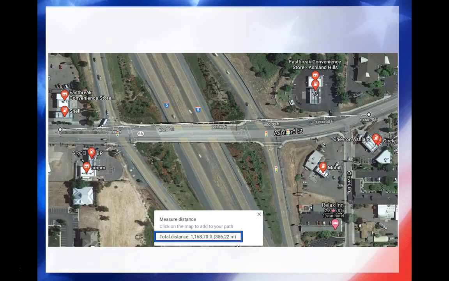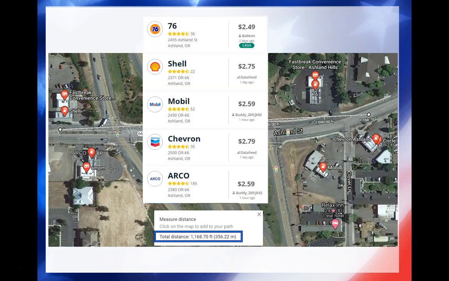In Ashland, there are 5 gas stations at exit 14 off of I-5. There's an Arco, an Exxon, and Chevron. There's a Shell 76 station and the Mobil station. You know, there are 5 stations within 1,100 feet of each other. Because there's so much choice, even though you need gas, the elasticity of price is flat because you don't have to go to Exxon. Now, if BP raises the price, the business of Texaco will rise due to cross-elasticity of demand.